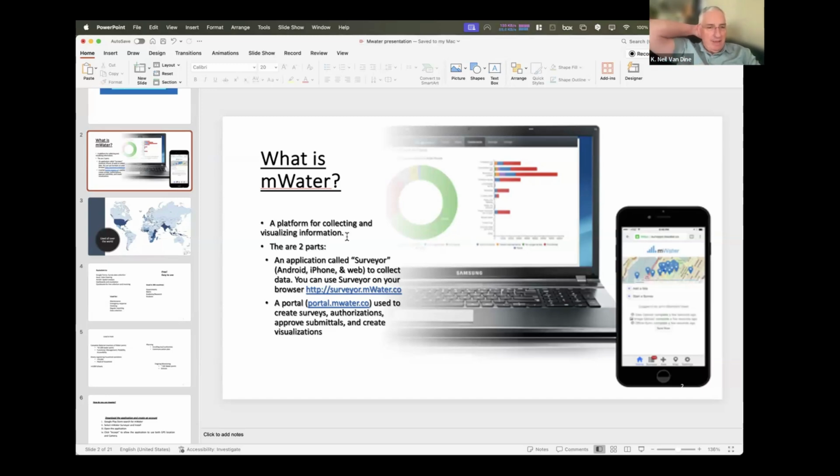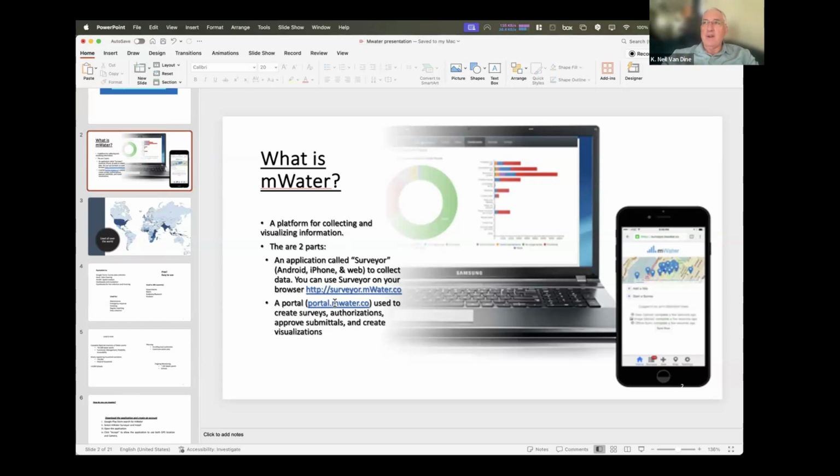Surveyor can be found on the link here, or in the App Store or on Google. The second part is a portal in your web browser that's used to create surveys, authorizations, approve submittals, and create visualizations.